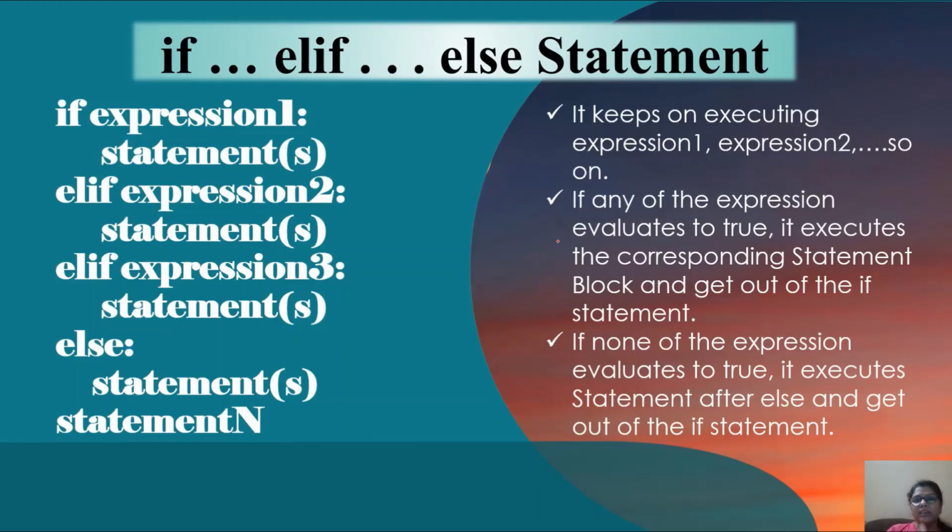So now we move on to the third variation of the if-else statement, that is the if-elif ladder. We call it a ladder because there can be multiple steps to it. The syntax goes as: the if keyword, I write the first condition followed by a colon, and underneath that I will write the set of statements that I want to be executed if the given condition is true. But if the given condition, expression 1, evaluates to false, in that case the control jumps over to the elif part, skipping over the statements in between.